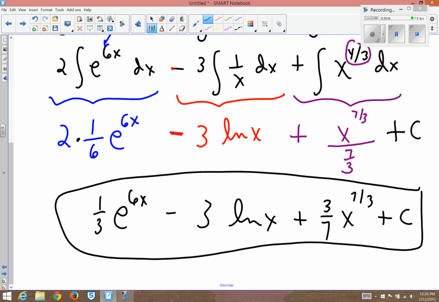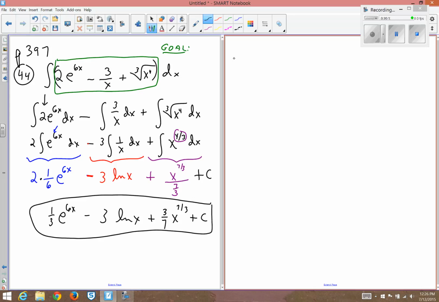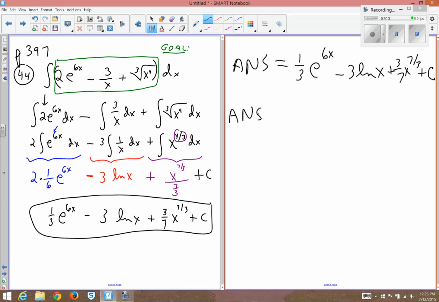And now we're going to do a little proof that that is correct. I'm going to write ANS for answer. We just got this answer: 1/3 e to the 6x minus 3 natural log x plus 3/7 x to the 7/3 plus c, c meaning any constant. The derivative of that answer, answer prime, we bring down the 1/3,